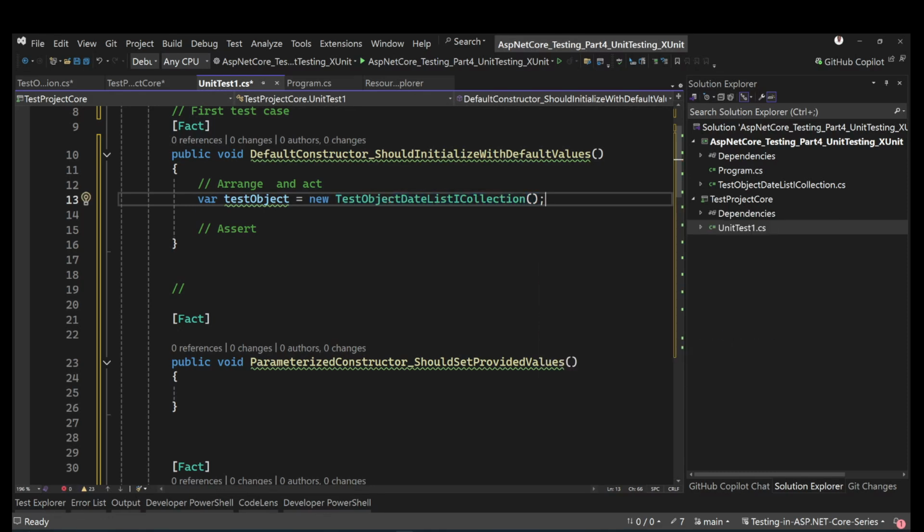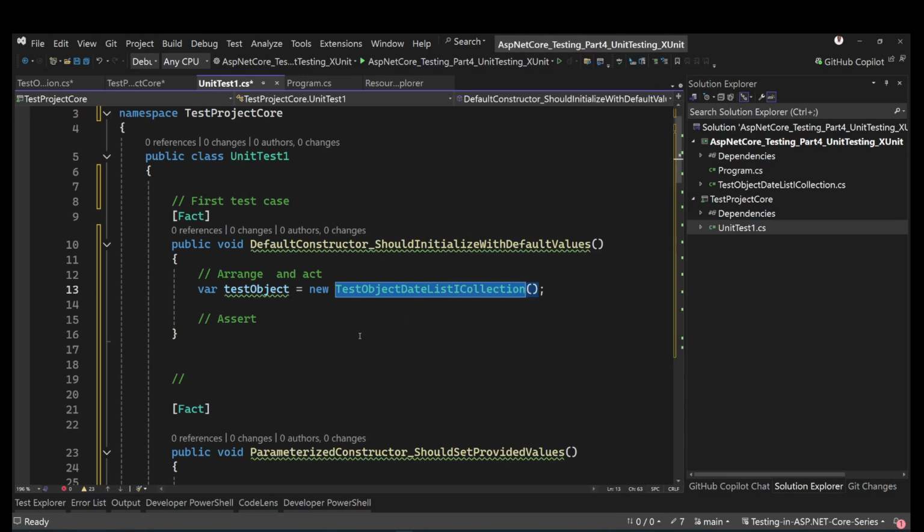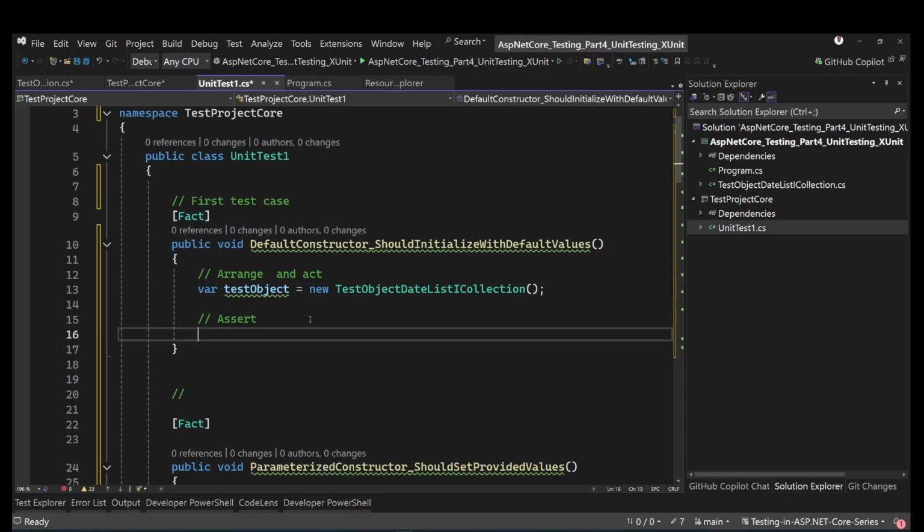In our previous video, we created a constructor where we were using it for everything. But this one, we are making very easy. We have our class in, because we are going to test the constructor of this class. The first thing we want to do is in the assert. You can think of assert as validations, where we check if everything we want is working the way we expect it. So we can say, okay, it should be like this, and we check if it works. So the test object right now,